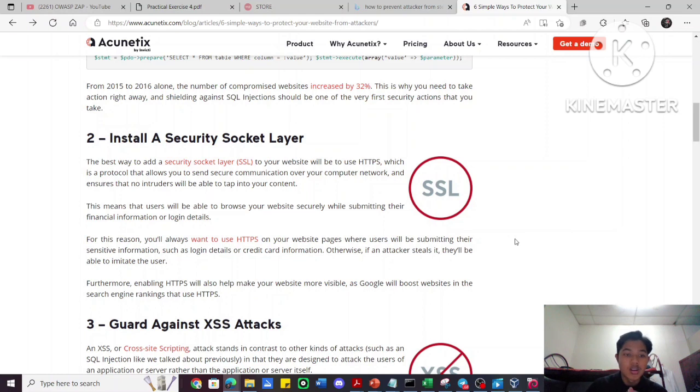and it also will make the user feel less anxious and reduce their caution. Okay, for this reason, you always want to use HTTPS on your website pages where users will be submitting their sensitive information such as login details or credit card information. Otherwise, if an attacker steals it, they will be able to impersonate the user, which means